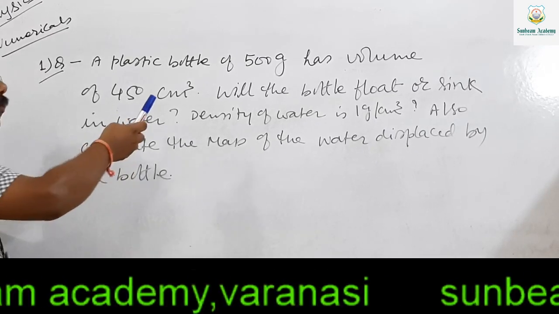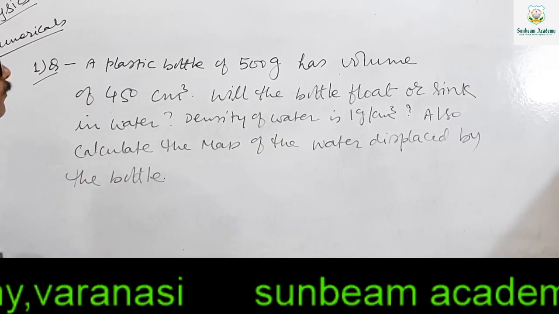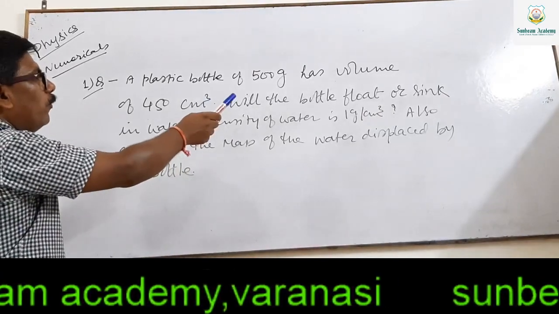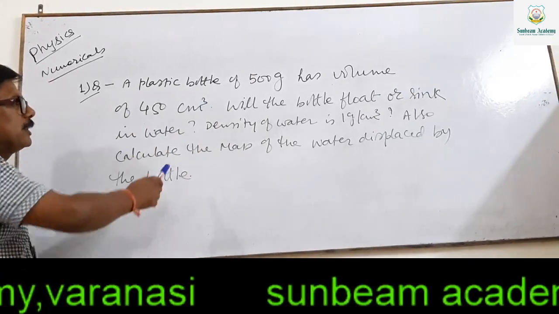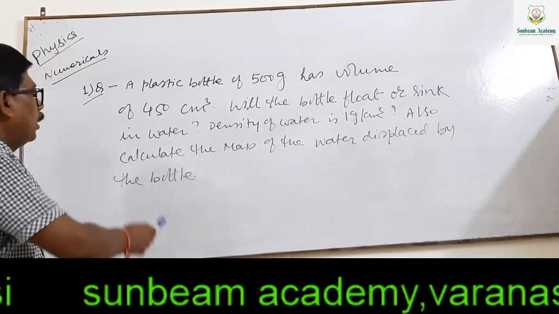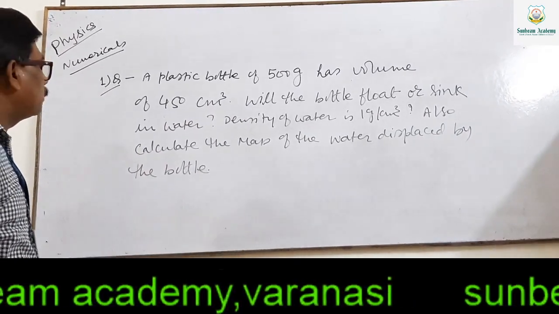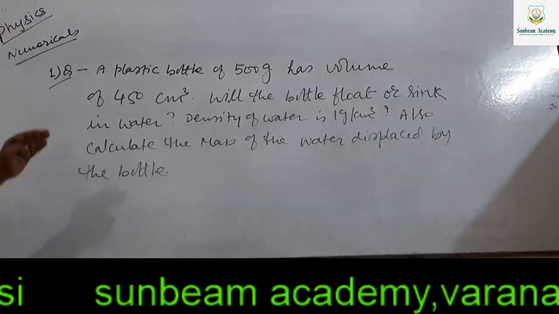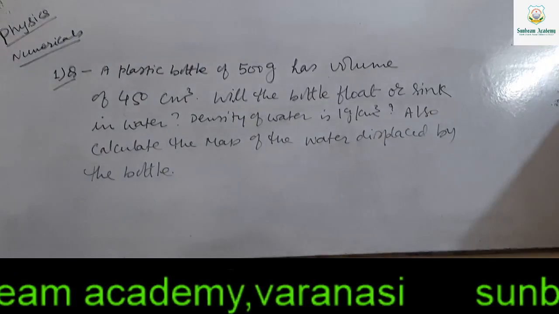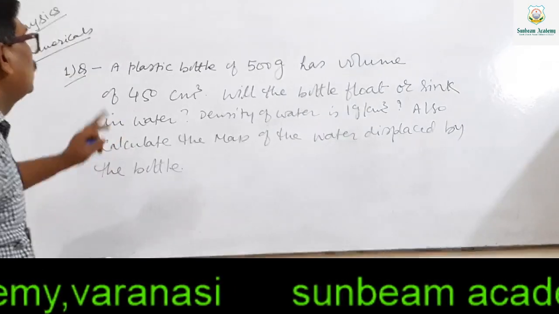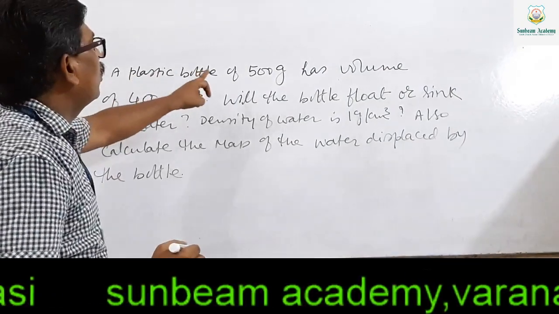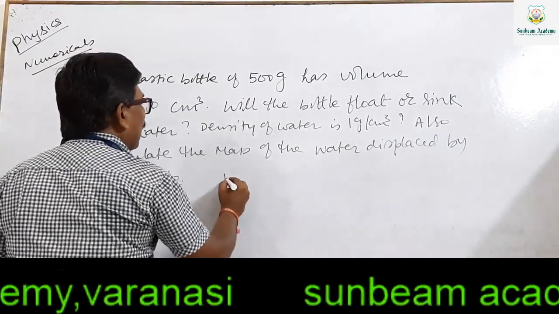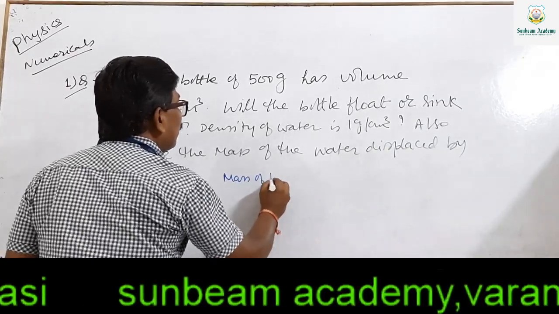Now see the first numerical. A plastic bottle of 500 gram has volume of 450 centimeter cube. Will the bottle float or sink in water? Density of water is 1 gram per centimeter cube. Also calculate the mass of water displaced by the bottle. Now first we write down what is given in the problem. Here first it is given that a plastic bottle of 500 gram, means mass of the